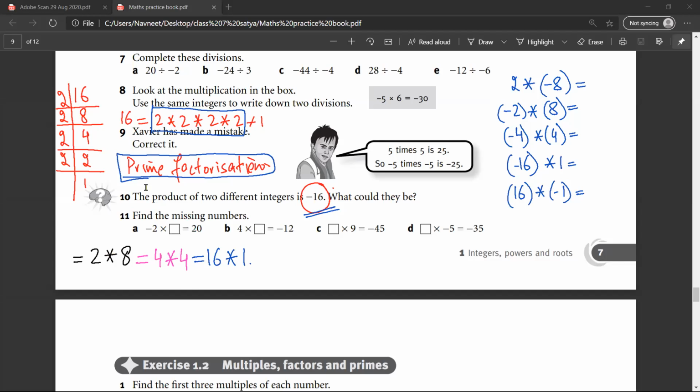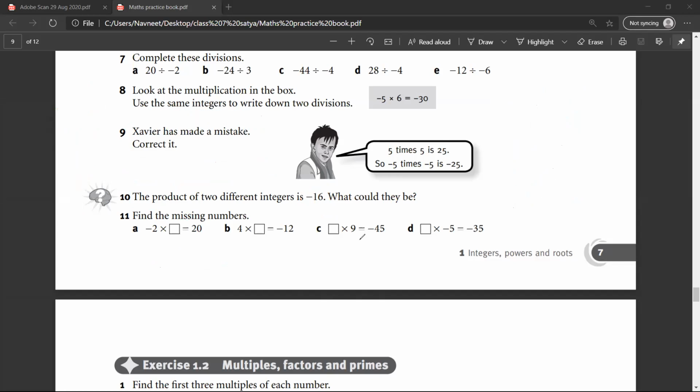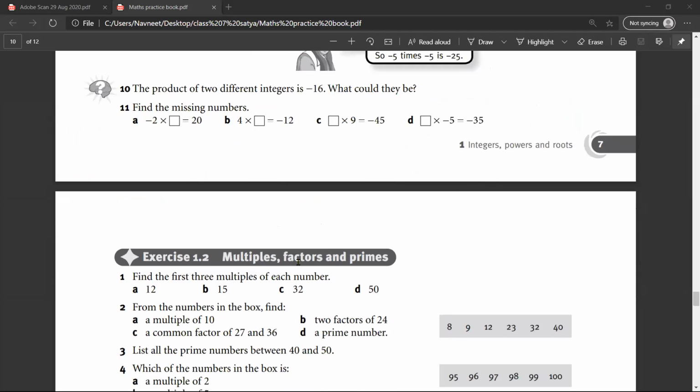So have you understood prime factorization? Yes, sir. Because I'll be using prime factorization when I have to find LCM and HCF again. So you should be very clear how to use this. So, sir, if I want to find the HCF of 16, then if I use prime factorization, how should I do it? Okay, that I'll tell you in a while. Once we reach HCF and LCM, we have almost reached there.